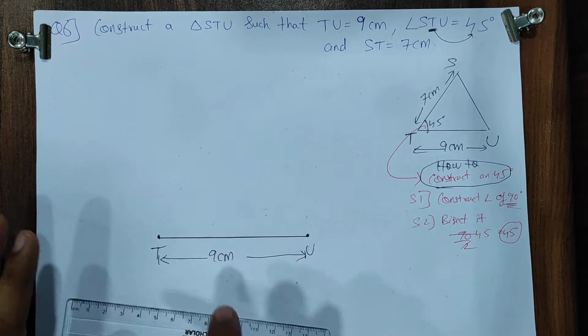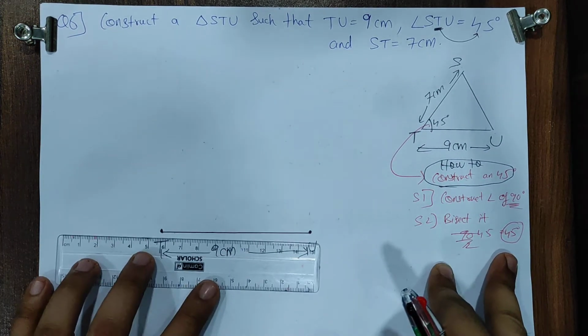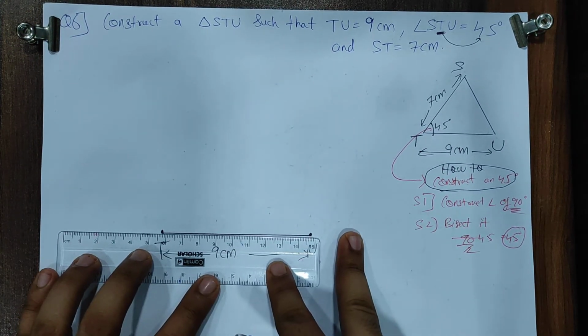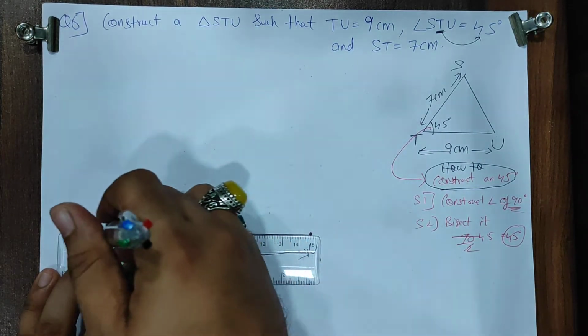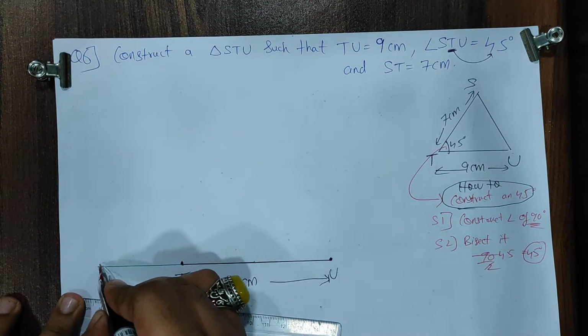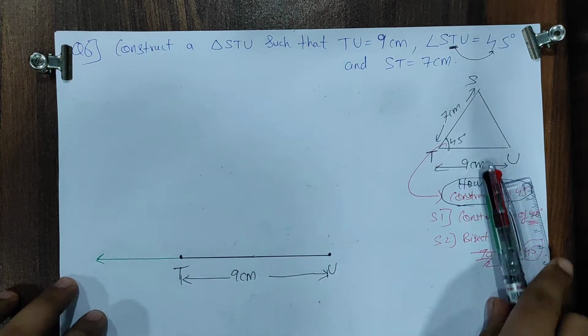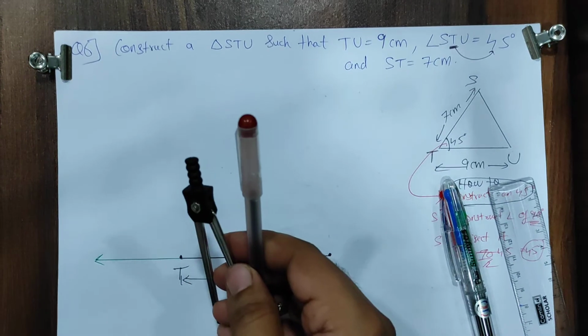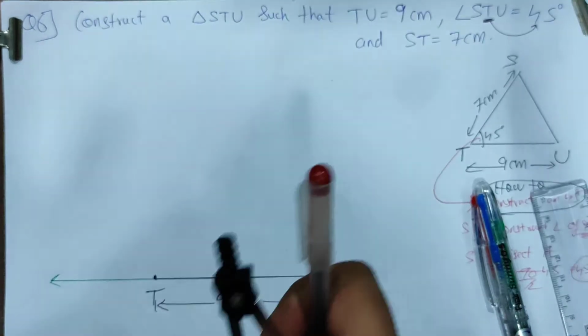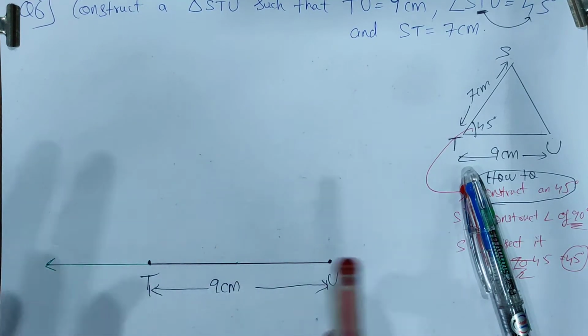We extend the line with the light pencil. Okay, over here we extend this line, because we want it over here. All of you, like this, make an arrowhead over here. At T I'll make 90 degree. Take any radius in the compass, all of you. I have zoomed in a little bit so it's very clear.